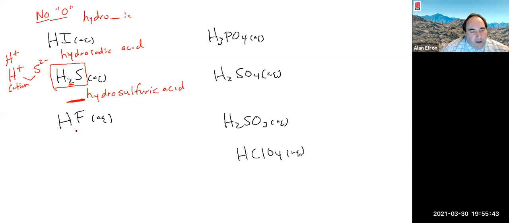Same thing here, no oxygen on this side here. So that's going to give us hydrofluoric acid. Any question on those names there? Okay, so won't always be broken up this way, I suppose, but